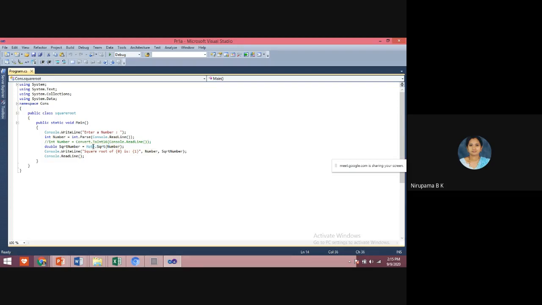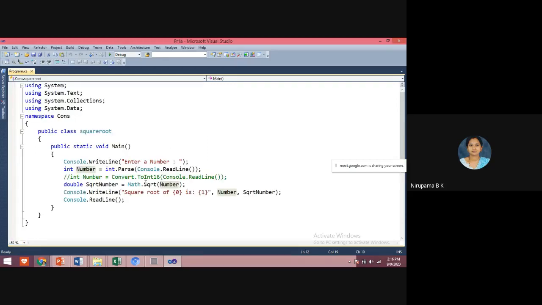If you use this built-in function, whatever the input value you take using this statement, it will generate a square root value and display it here.